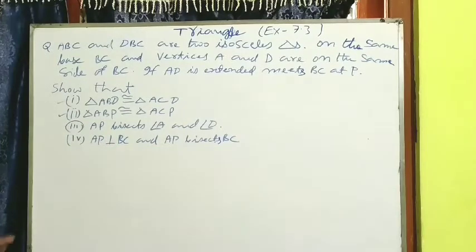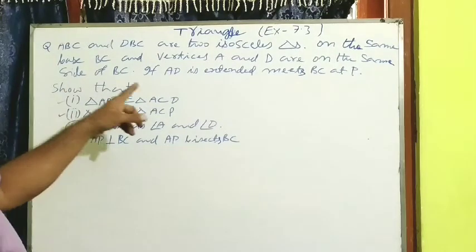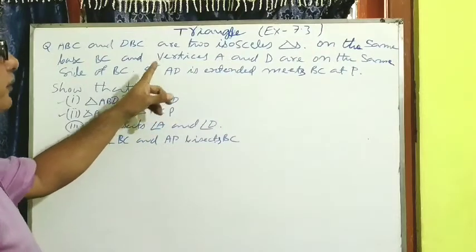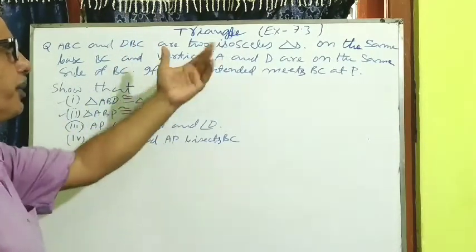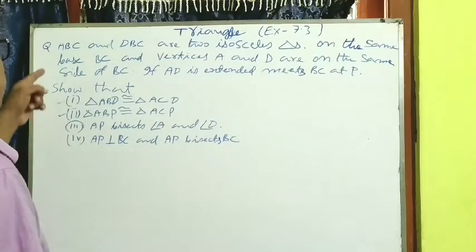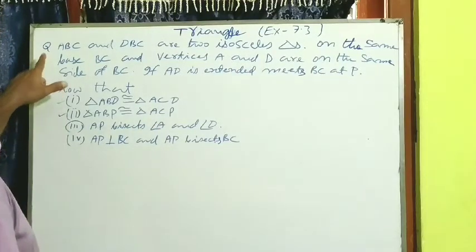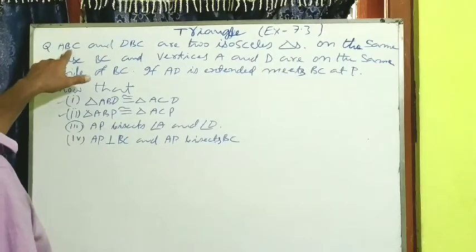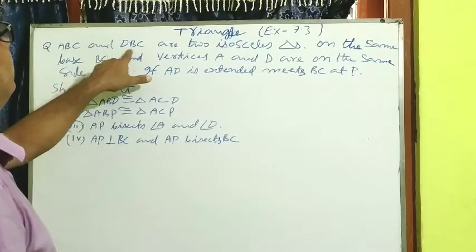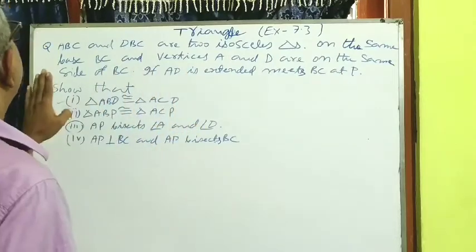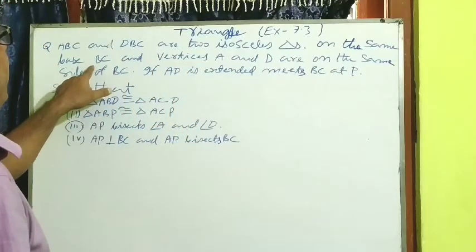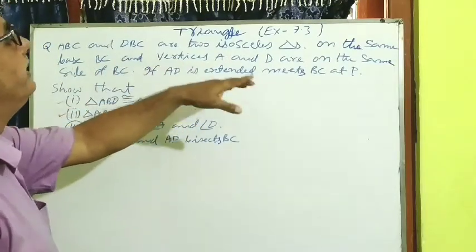My dear students, the question which I have selected on the board is from the Triangles chapter for class 9, Exercise 7.3. Most probably it is question number 1 also. You see what is given. ABC and DBC are two isosceles triangles on the same base BC, and vertices A and D are on the